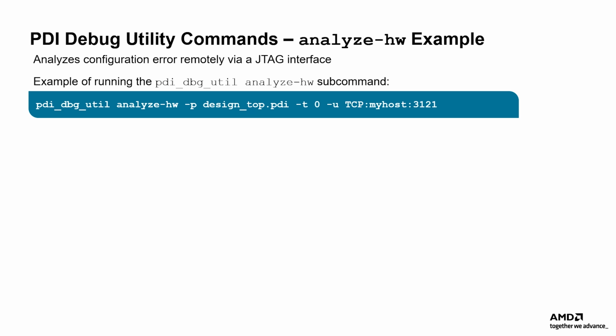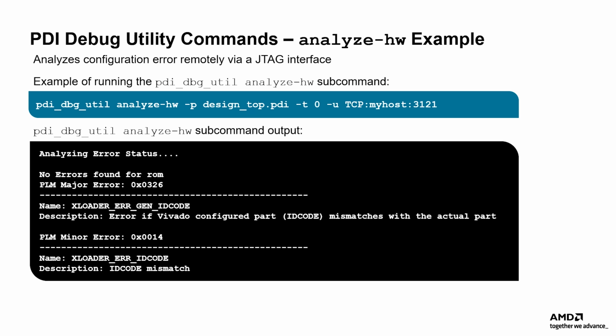It is noteworthy that for this specific JTAG chain where the target device, XCVM1802, is connected, the T option could have been omitted because the default target index value is 0. Nevertheless, it was incorporated to showcase the use of the target index option. As shown here, you will get an ID code mismatch as an error description. The Analyze Hardware subcommand requires no details about the target device. This is because the Analyze Hardware subcommand automatically detects the device details based on the selected target index.